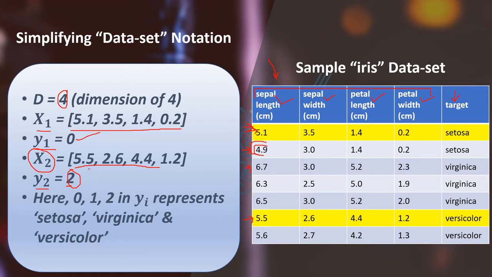The thing is that a machine learning model is nothing but a mathematical model, and a mathematical model cannot understand text data. Setosa, Virginica, versicolor, all these labels or targets, whatever you want to call them, are text, but our model cannot understand that. So we have used a simple strategy to convert this text target data, or label data, into numerical data. Here I am denoting 0 as Setosa, 1 as Virginica, and 2 as versicolor.